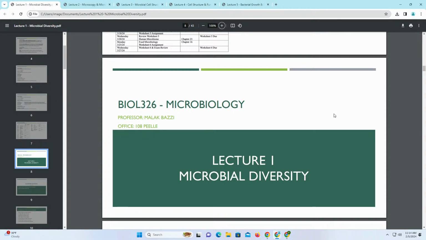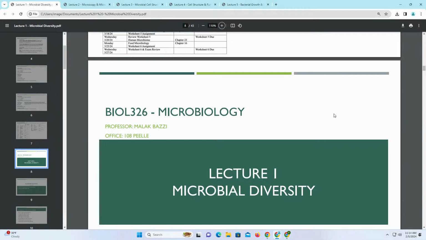Yep, exactly. So you're basically creating a serial dilution on a plate in order to, one, isolate individual colonies, but also so that you can get a countable number of colonies so that you can work backwards to calculate that initial titer concentration. So if I give you a tube of some liquid broth and tell you there's an unknown number of bacteria in here, but there's a lot, what we can do is do a dilution streak. We dilute it several times and then we streak, and then we can count the number of colonies that are on the plate and then use the dilution factor to work backwards.